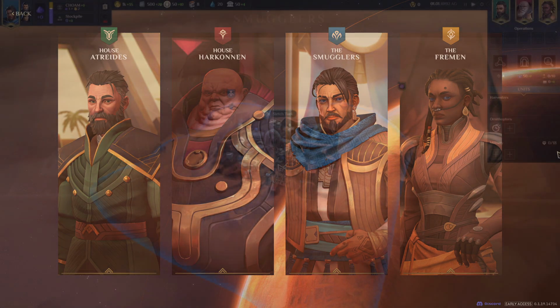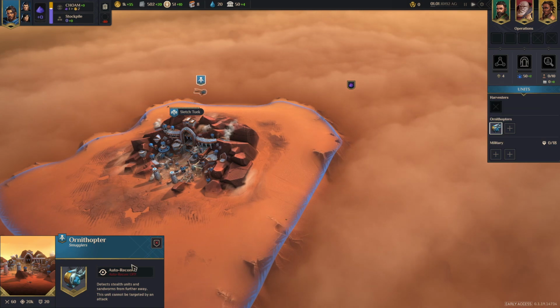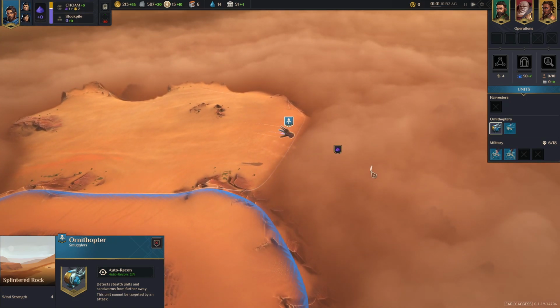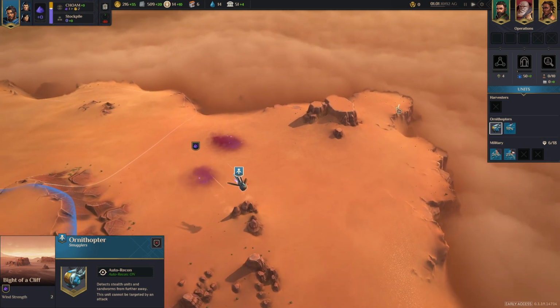Let's dive in. As soon as we're spawning into the game, we will be sending our ornithopters, set it to auto, get another one, get a melee unit and a ranged unit. The ornithopter will head straight over to the location where we have the spice, and immediately...